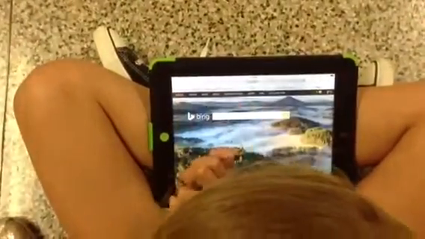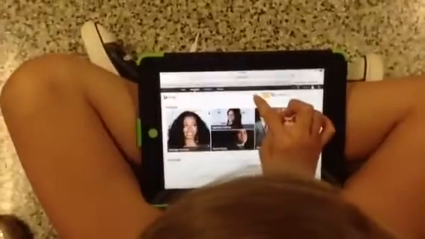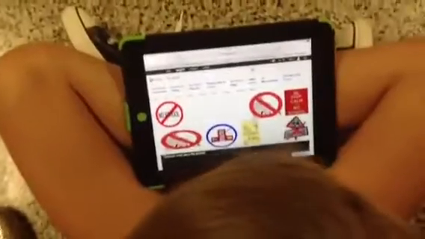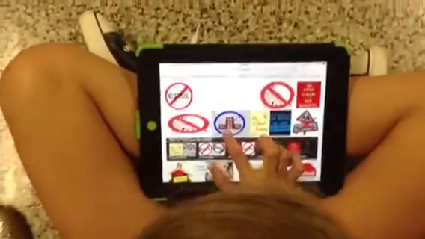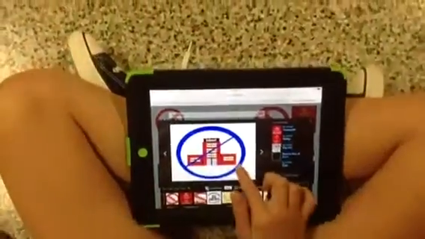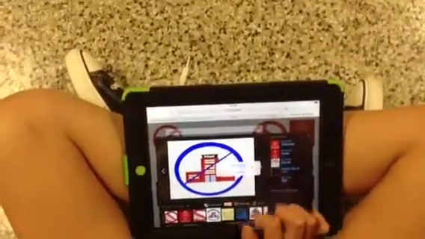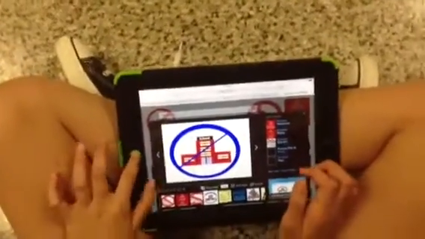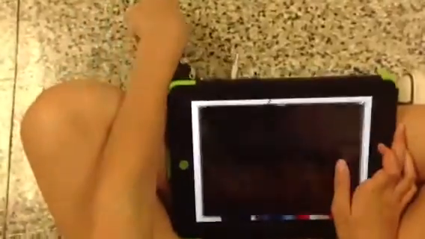Once you're at Bing.com, you would want to click your images. Once you're in the images, we would put no school. And then we would search. Once you do, you would want to click your image, press and hold, and save the image. Double click the home button, go back to your iMovie,